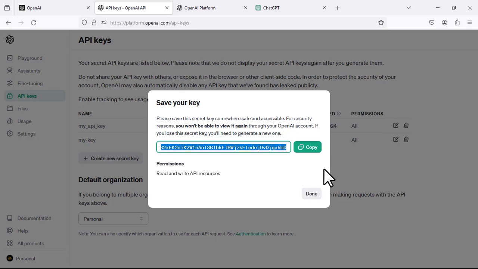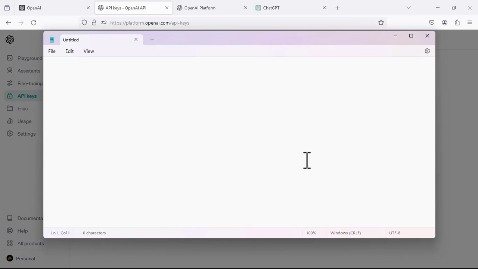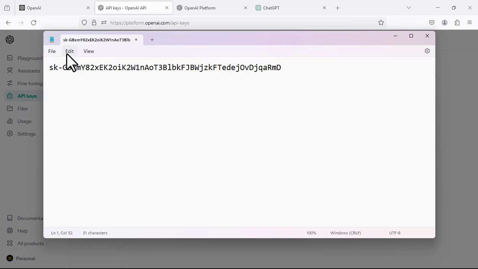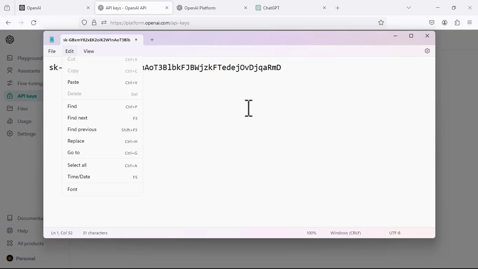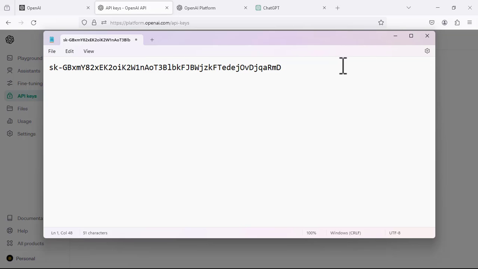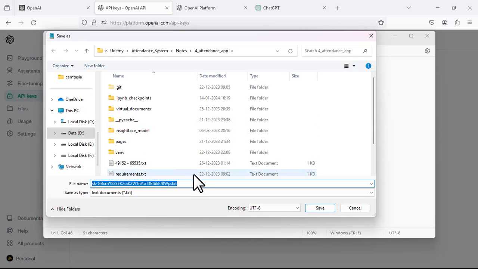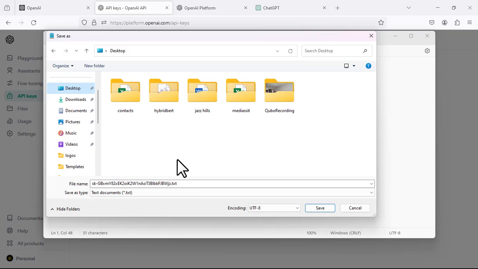So let's do one thing. Let me open my notepad and paste the API key here, and this is the API key I'm going to use to connect to my GPT models. Okay, so let's paste it somewhere, and you save this in some safe location wherever you can find this. For example, I'll just put it on my desktop, and let's say this is my OpenAI API key,